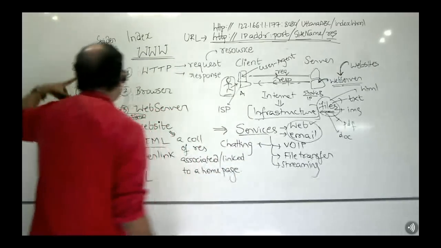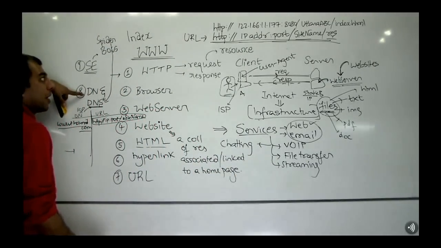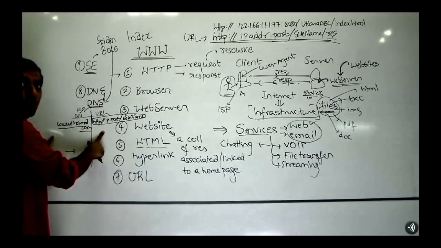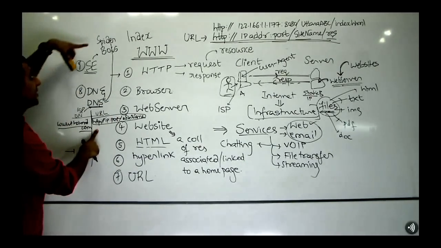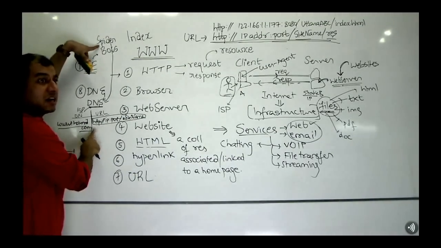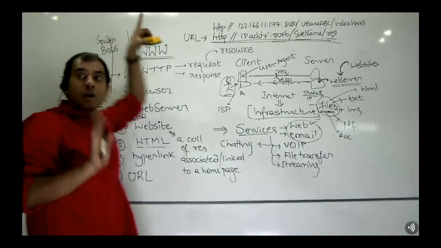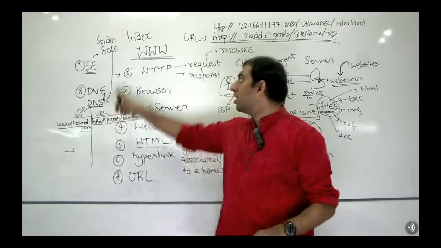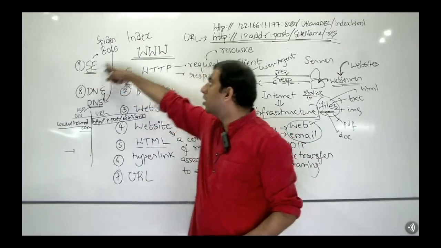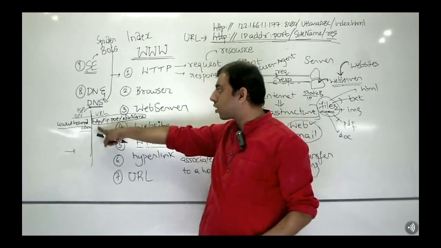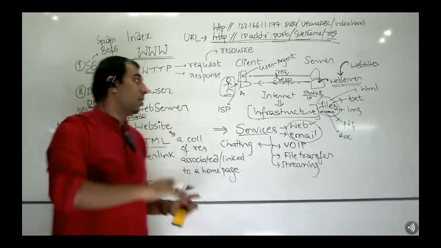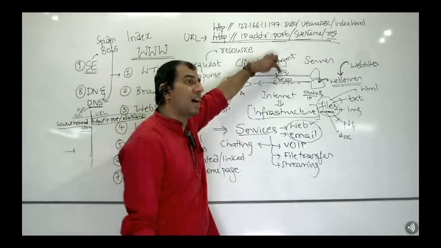What is bought is a domain name from a domain name provider, and what will the domain name server link? The domain name to the URL. The moment you do this, who will scan the domain name server are your spider bots, and now the search engines have an entry of your new domain name. Are you with me? Now the user goes to a search engine and types some set of keywords. For that set of keywords, the search engine will search only its index, and your URL will now be dished out. And now the user will click the domain name. When they click the domain name, what will be sent is a request.